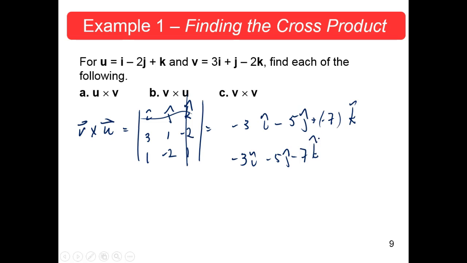Guess what? Exactly the opposite of the other. The other was 3i plus 5j plus 7k. So this is going in exactly the opposite direction, along the same line. And that's what I said before. U and V name a plane, and one normal is this way, the other normal is that way. Exactly the opposite of each other. Okay? Now,